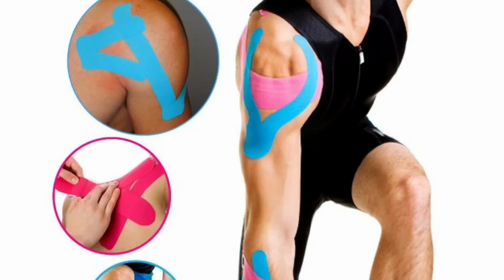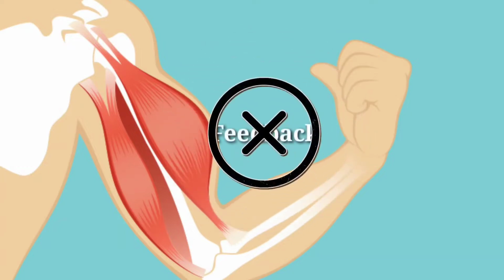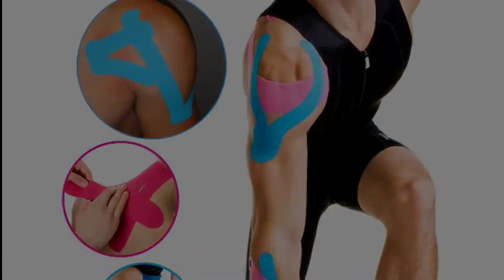Next is kinesiological taping. When we are in space, we lose some feedback due to the effects of microgravity. Our muscles and joints can't provide feedback to our brain. To cope with this situation, we teach astronauts how to apply kinesiological taping. They can apply it to the muscle for which they are performing exercise, so they can receive feedback.